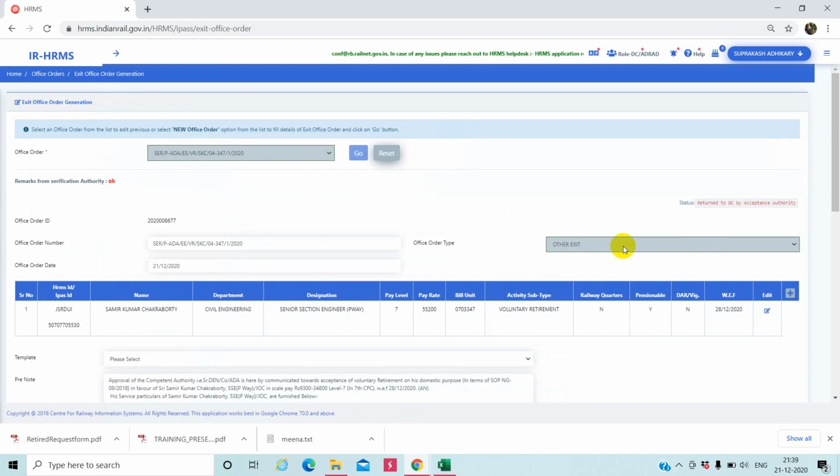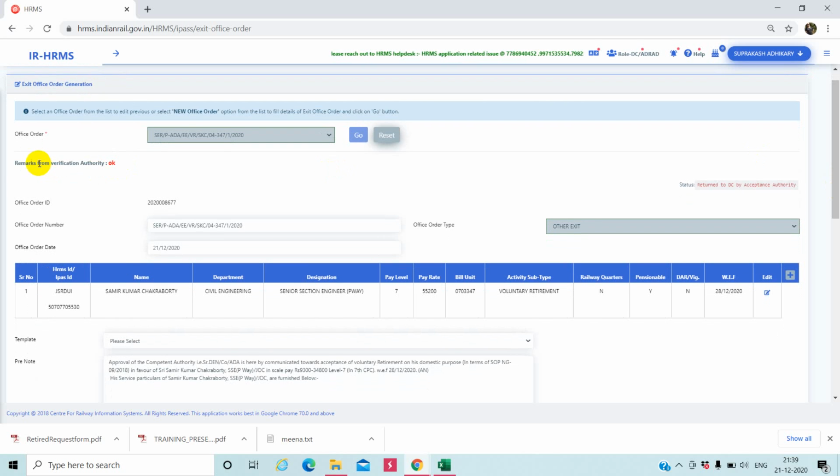Please wait. Okay, so the ID is generated. Look at the remarks from the verification authority. Okay, that means the verification authority has accepted this order.